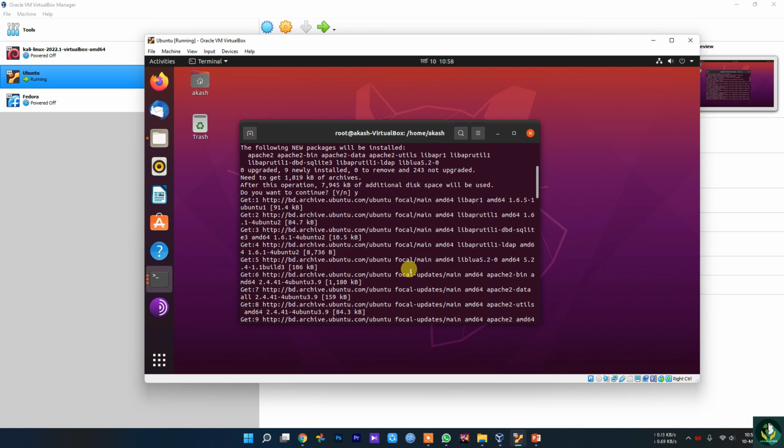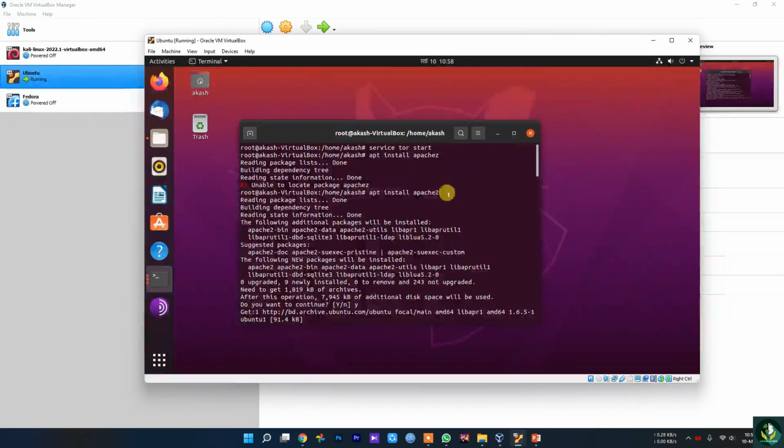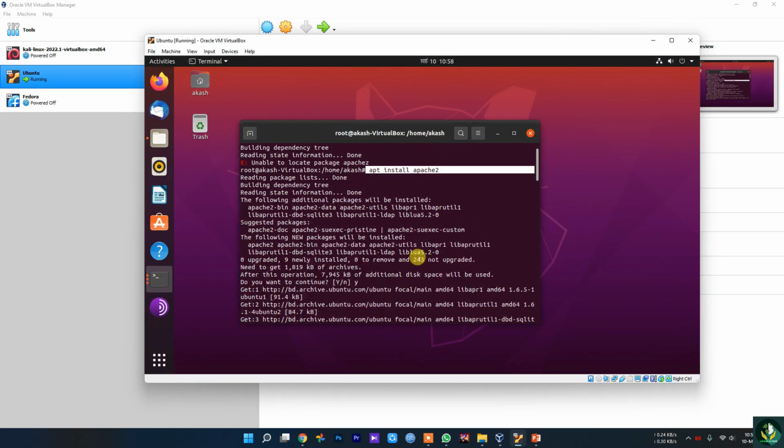Apache 2 is a web server, and this will create a localhost where you can access your website and edit it, etc. To do this, as I already told, you have to install Apache 2 and just type this, and it will install the service and start it after that.